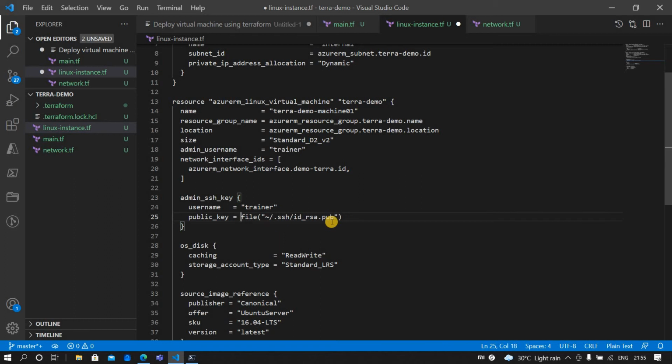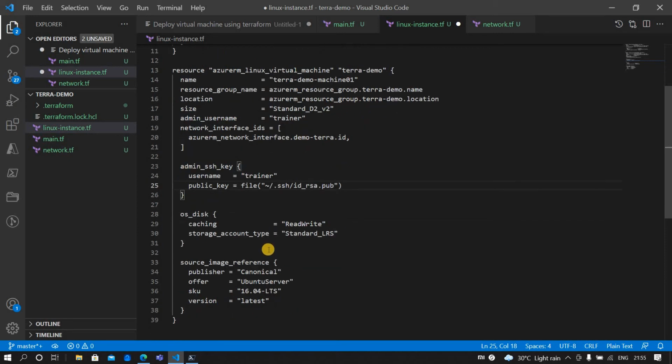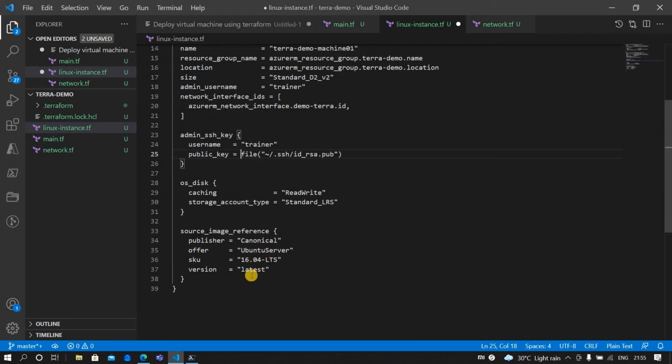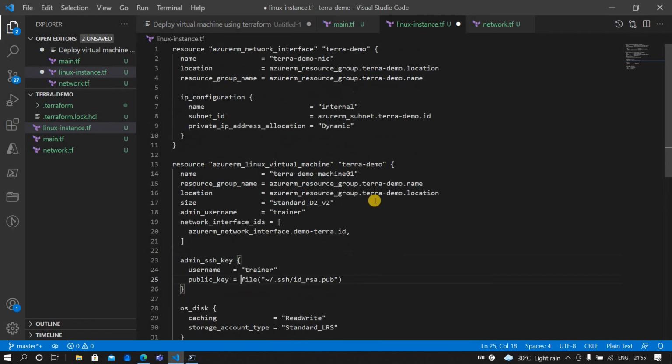It's not good to do hard coding, so you can find many secret management solutions like Key Vault to do these activities. Next, here I'm using Ubuntu Server latest and all this is good to go.